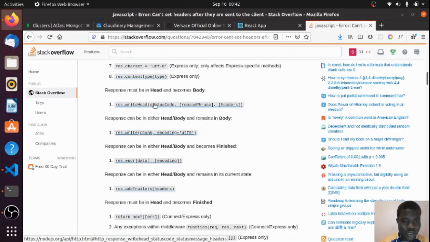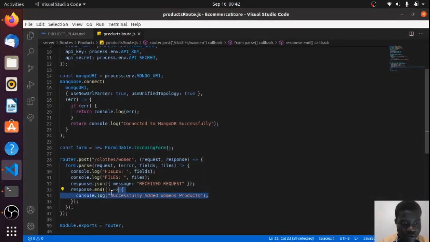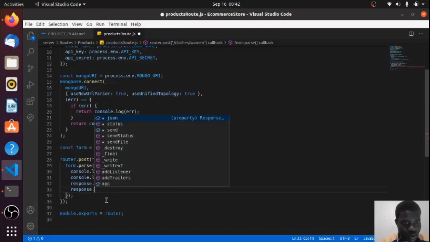So what I'm getting here is response must be inhaled and becomes body. I don't know, guys, we're just trying. If you guys have a solution to this, please comment down below. Response dot right head